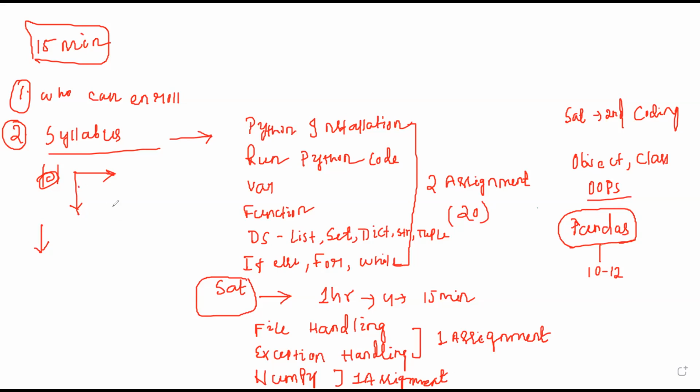So we are covering here this way, right, not the other way. There are a lot of other modules like Django, Flask and all, that's a different track, web development, we are not covering. In Python, we have other modules for data science, like SQL or machine learning, deep learning, that is the next course.